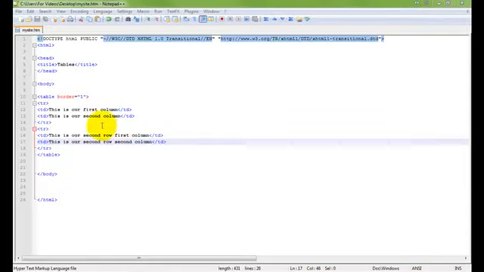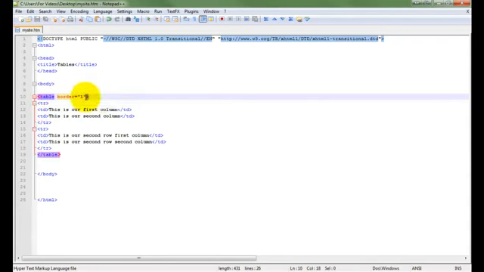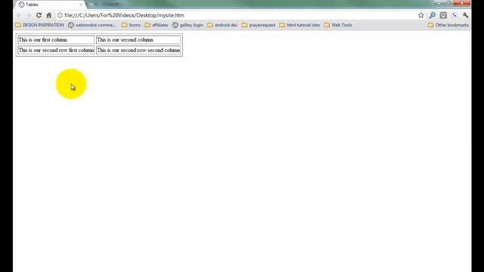Looks to me like the border is a little too close to the text, and what can we do in order to separate this out? Well, we can use an attribute known as the cell padding attribute and the cell spacing attribute. Now you can add this to each individual column or each individual row, or you can add it to the entire table by itself. So let's go ahead and add it to the entire table first by putting cellspacing equals 5. Go ahead and hit save and refresh, and as you can see now our entire table here